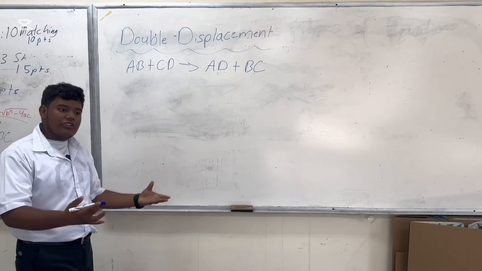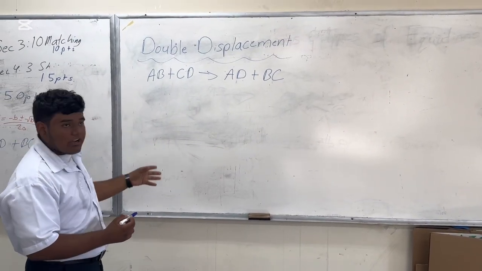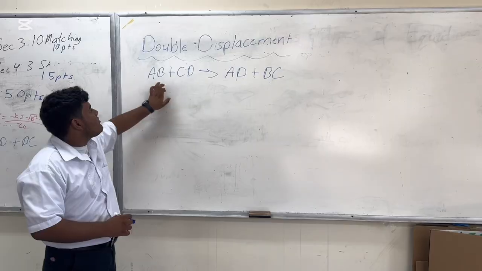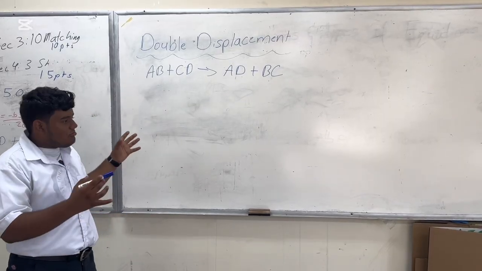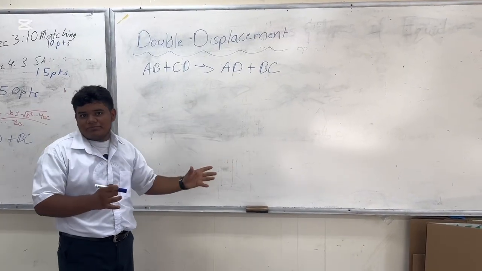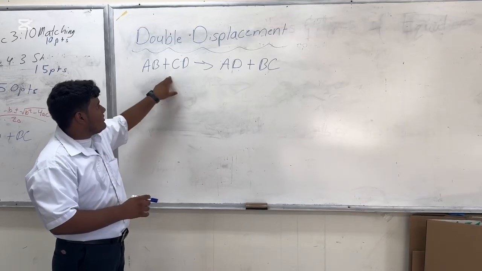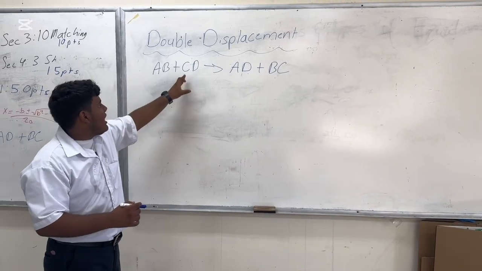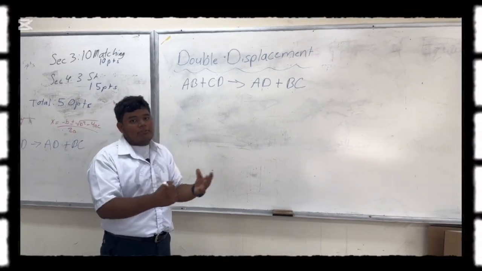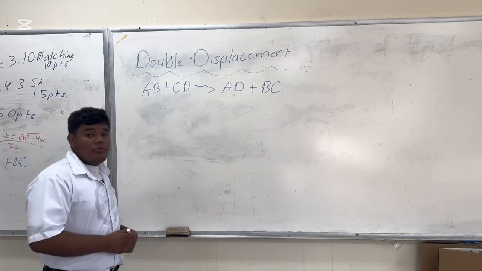Now, just to clarify, sometimes there can be a possibility where C is more reactive than A, which will then just make it no reaction. It will then stay as just AB plus CD. Because if C is more reactive than A, there is no reaction happening. Now we have something